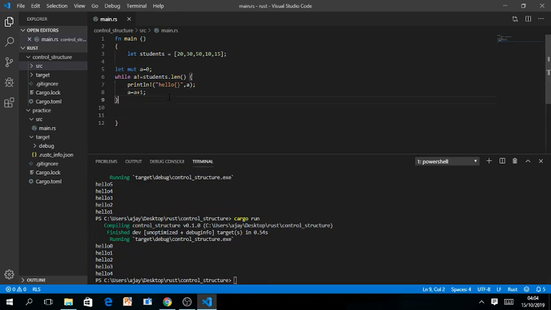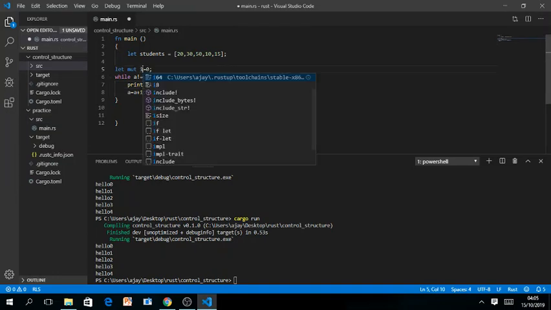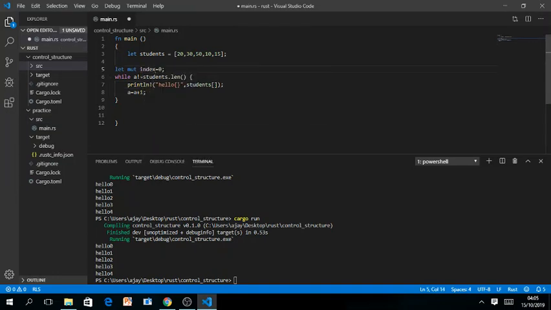Sorry, I have to say students, and over here let's change this to index, while index is not